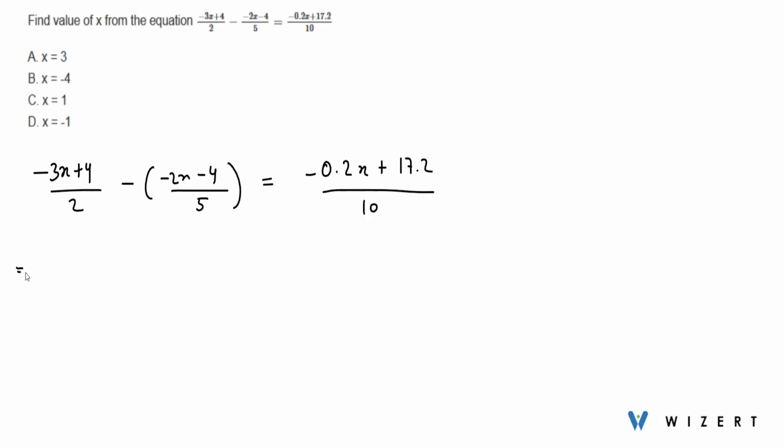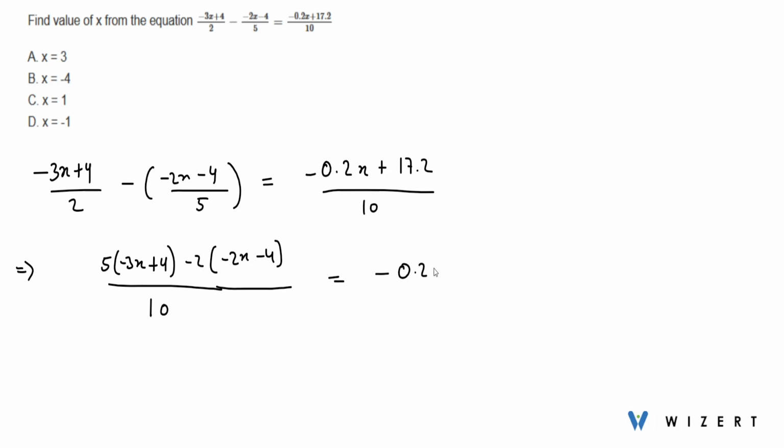Now the LCM of the left hand side is equal to 10, because LCM of 5 and 2 is 10. So in the denominator we are going to have 10. Now 10 when divided by 2 will produce 5. So 5 multiplied by minus of (3x plus 4), and 10 when divided by 5 will produce 2. So it will be minus of 2 multiplied by minus of (2x minus 4), that's extended, will be equal to minus